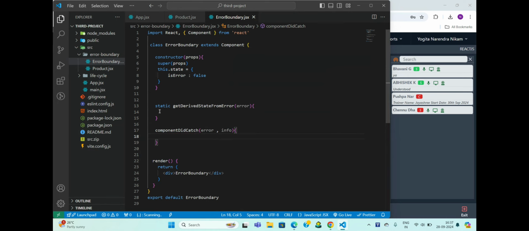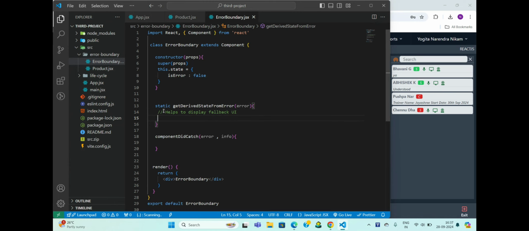The first method is used for what? The first method is used to display the fallback UI. Let me write here: helps to display fallback UI. I've already told you the meaning of fallback. UI means what? What is the meaning of UI?